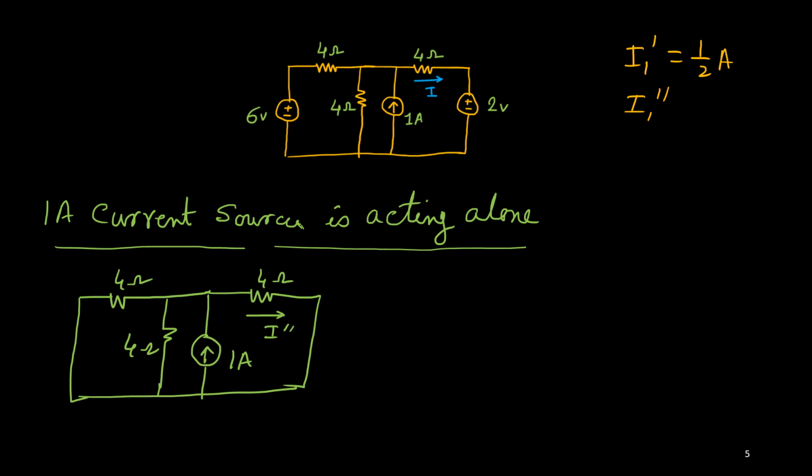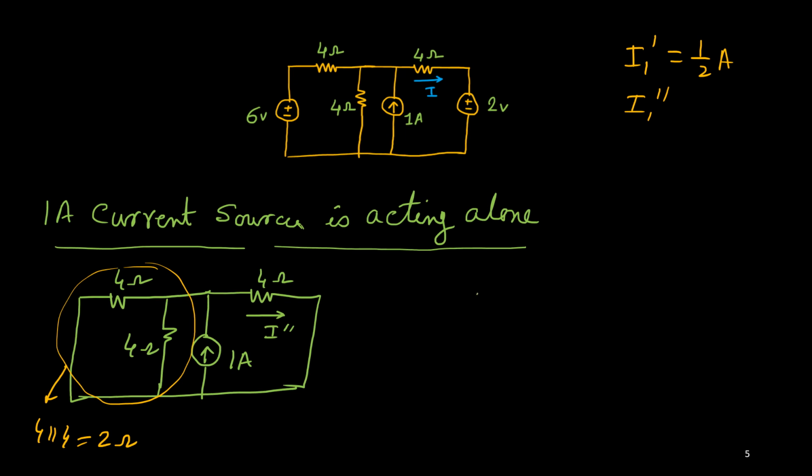So what you can do, we can consider that this 1 ampere current is coming here and that is divided by these two branches, okay? One is this side, one is this side. So this side is only one element, 4 ohm, but this side there is a combination. So these two we can combine, okay? We can combine these two together. So these two are parallelly connected. You see, from this end and this end they are connected. 4 ohm and this is also 4 ohm. So they are parallelly connected, and that will give you simply 4 parallel 4 is 2 ohm. Okay, so we can redraw the circuit.